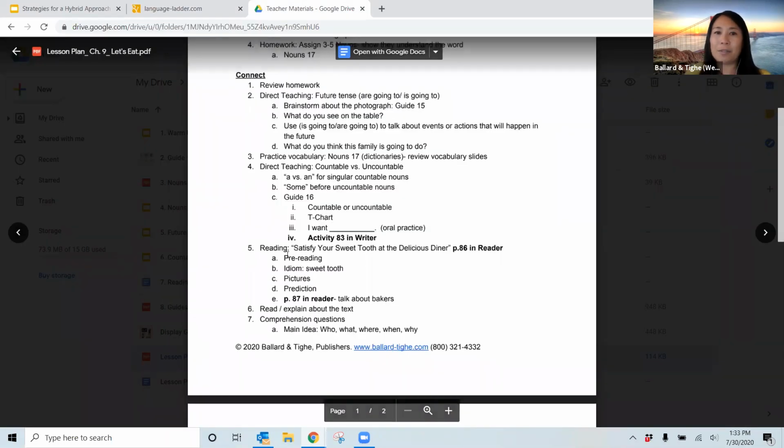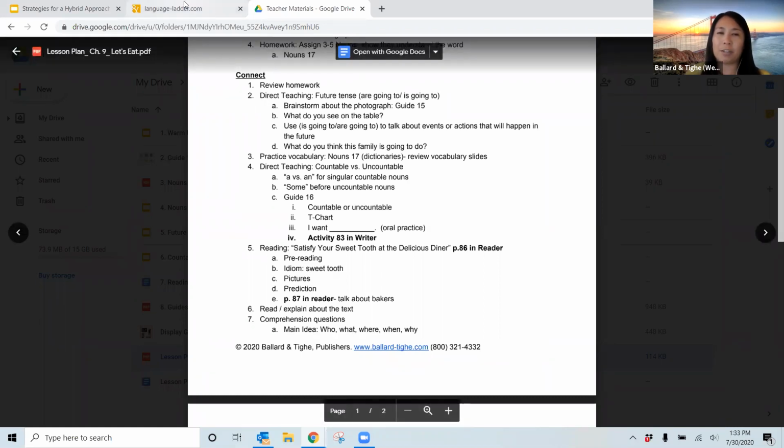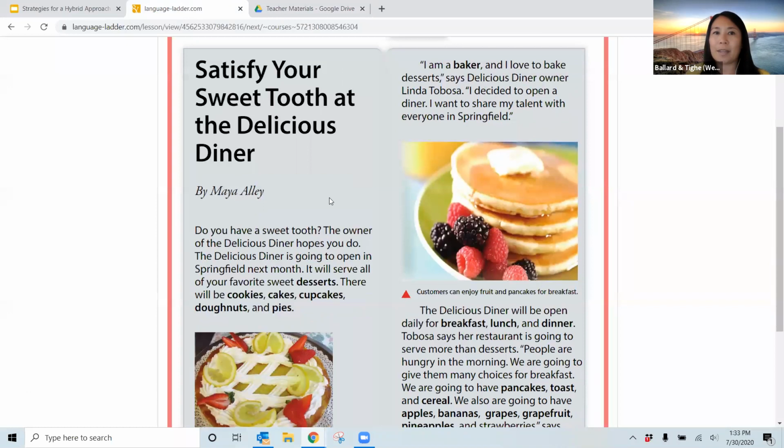All right, so let's do some pre-reading, talk about the idiom sweet tooth, and talk about the pictures and maybe predict what's going to happen. So, satisfy your sweet tooth at the delicious diner. Sweet tooth is an idiom, so it means that you generally like to eat things that are sweet. So I do not have a sweet tooth. I like salty things or food in general. Meat is my favorite, but my daughter has a sweet tooth, she's like my best friend. Any sugar object, she will eat and eat a lot of it. So sweet tooth,